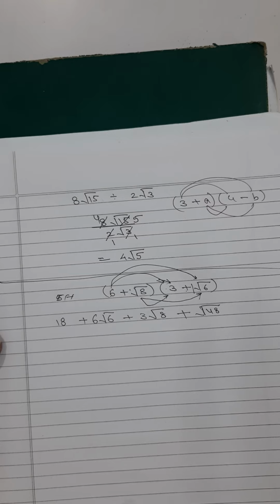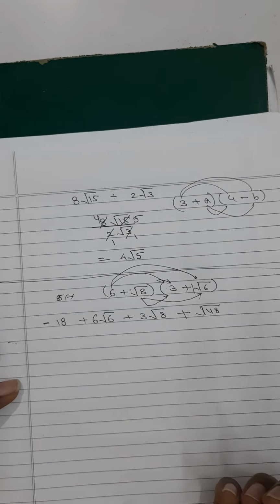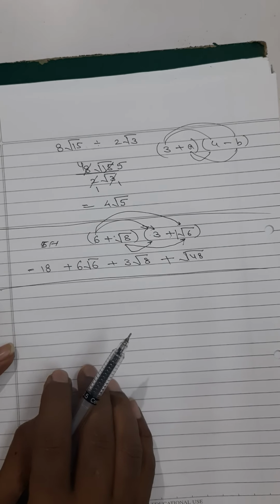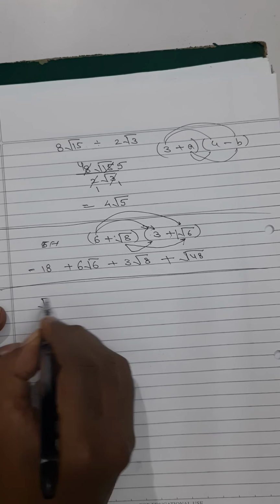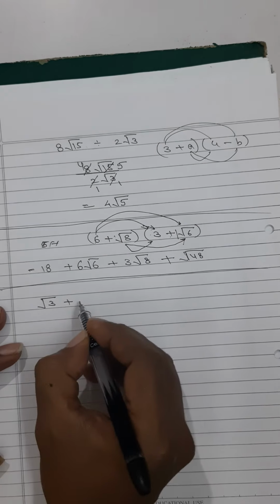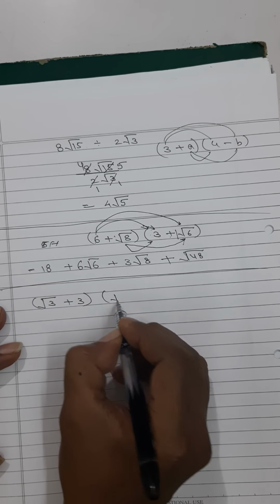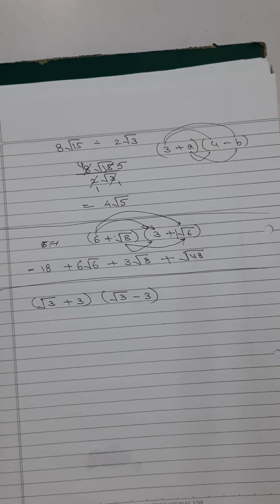This will be your answer. Are you all getting it, my dear students? This will be your end answer. There is no like radical, so you don't have to do anything about that. So supposing I have got root 3 plus 3 multiplied by root 3 minus 3, what will this look like? Of course, we have an identity based on this, and you can solve with the help of the identity if you remember that or if you have that.